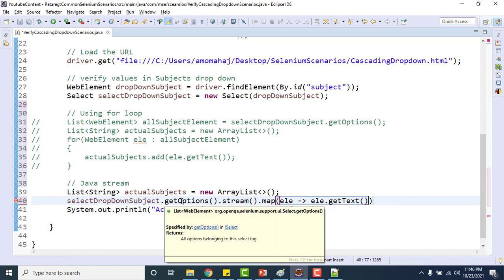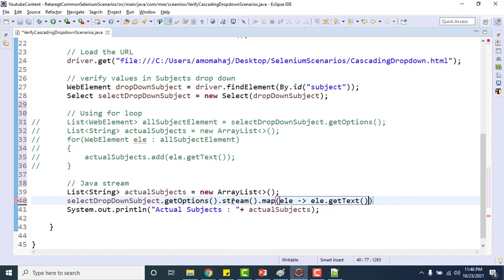Whatever we are getting as a list of web elements here, we are using a stream so that we can use the stream methods here. So I'm calling a map method which will perform an operation on all the elements. What I want to do is take all the elements and replace them with the text, so go and get the text of each. Earlier we had all the elements there.